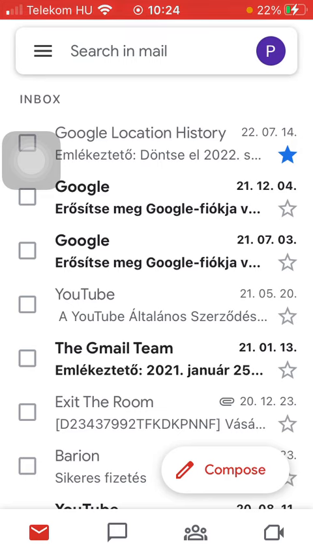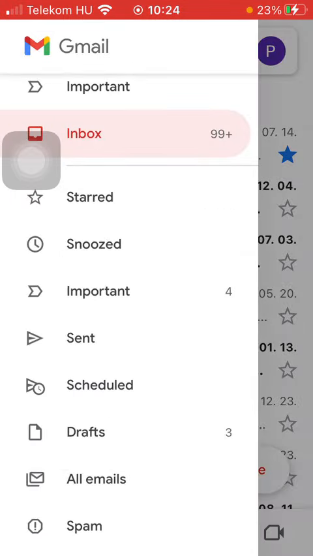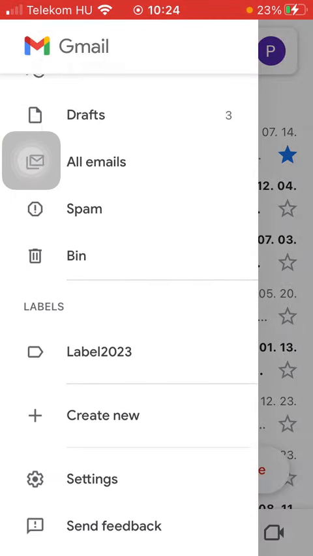Now let's jump into it. First of all, open the application on your phone. Click on the menu icon in the upper left corner of the screen. Then scroll down to settings,